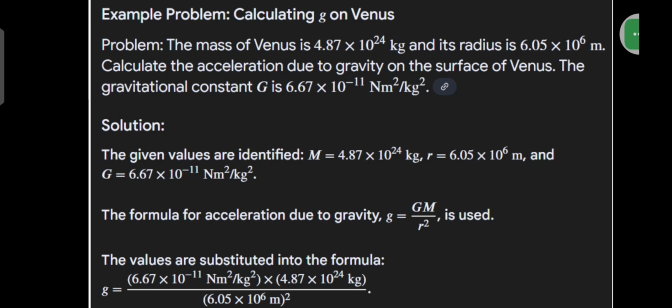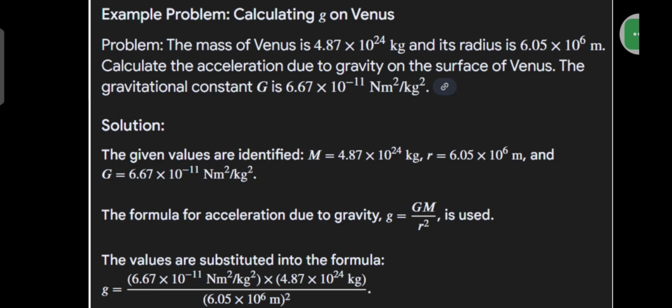The mass of Venus is 4.87 times 10 raised to the power of 24 kilograms, and its radius is 6.05 times 10 raised to the power of 6 meters. Calculate the acceleration due to gravity on the surface of Venus. The gravitational constant G is 6.67 times 10 raised to the power of negative 11 N·m squared over kilogram squared. Solution: